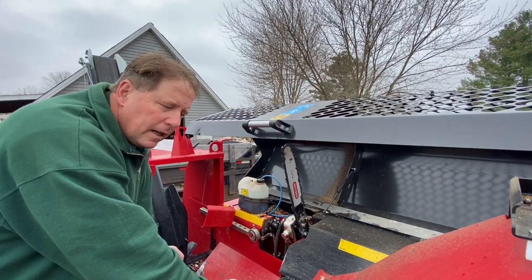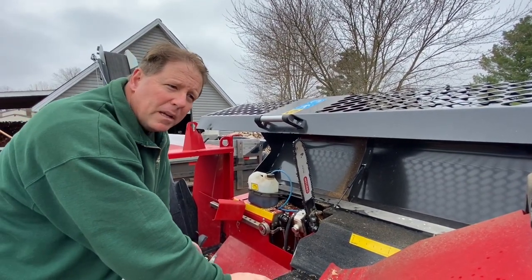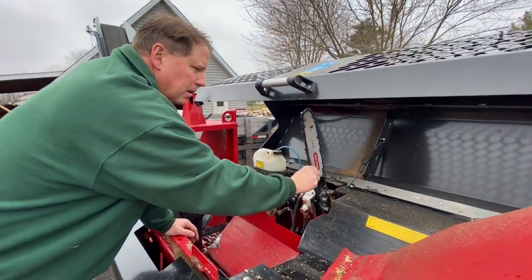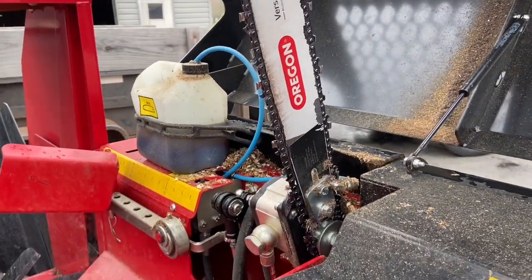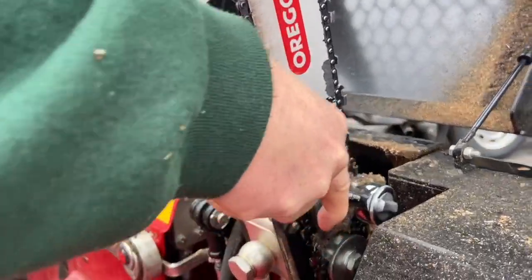Before I get started, I did a quick safety check on it. I checked my in-feed, my out-feed belts, make sure that they're tracking straight. And I noticed my chain is a little loose, so I'm going to tighten this chain up. In order to tighten it, you got to have a 13mm socket